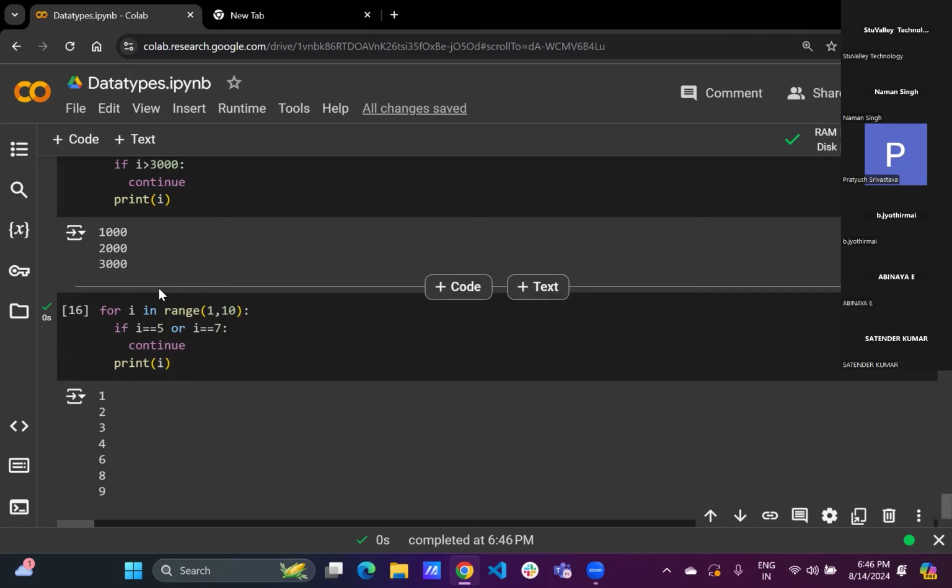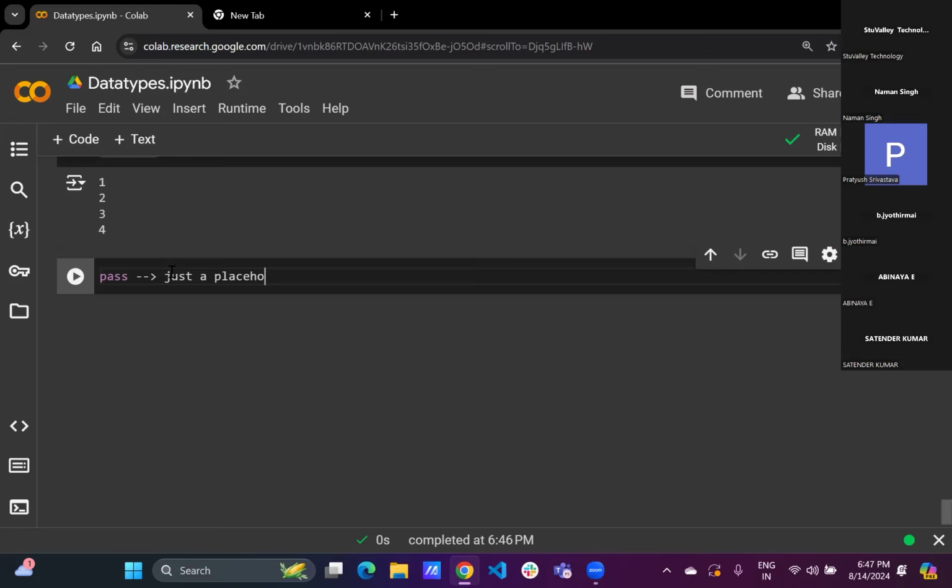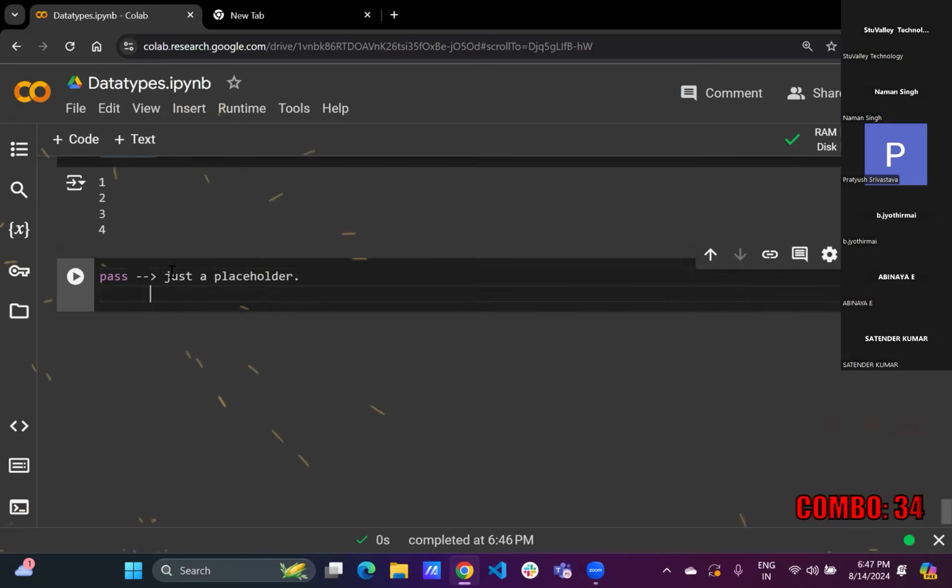आफ्टर दिस, one more statement is there that is known as pass, okay. So basically, this pass is nothing, just a placeholder. इसका मतलब क्या है, अगर हमको एम्प्टी ब्लॉक बनाना है तो हम लोग पास का यूज करते हैं।